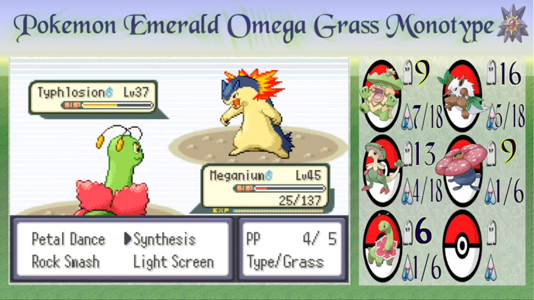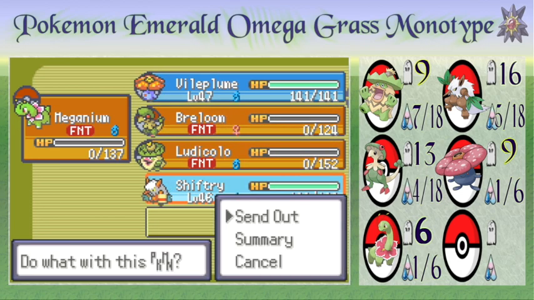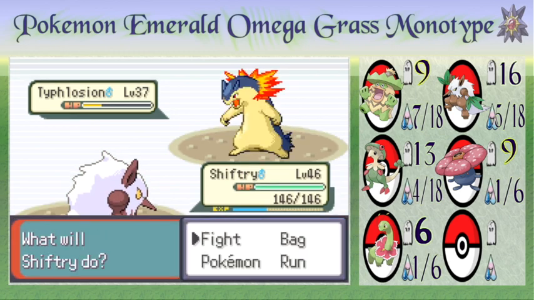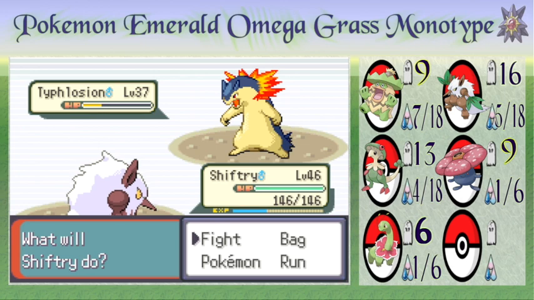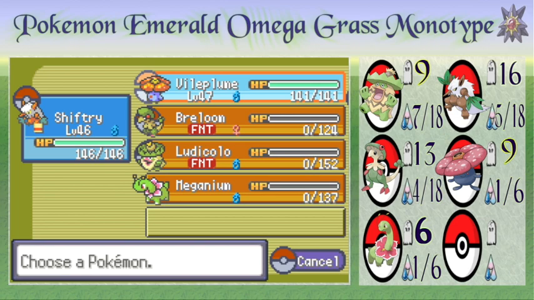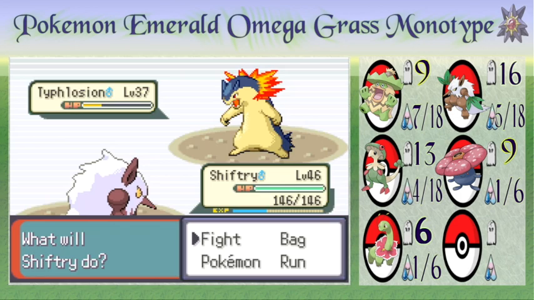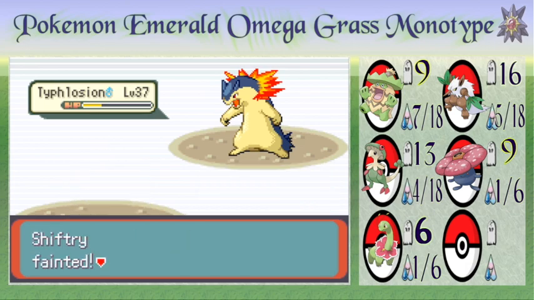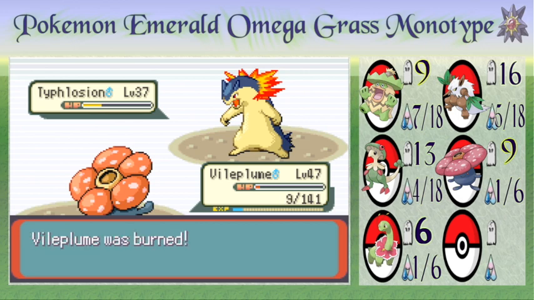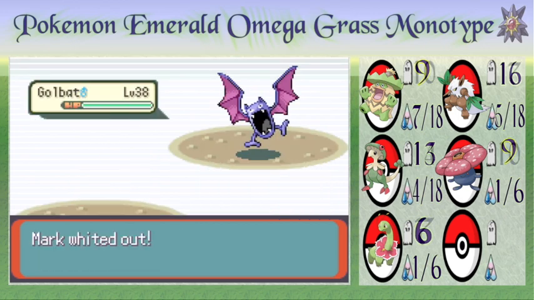Wrong timing. Balls. Okay, yeah. But because he set up Sunny Day, I'm pretty sure my Shiftry might still be faster than him. No. Okay, the Sun just faded, which means I definitely am not faster than him. I think this just sweeps now. I'll have to stay in and hope that I can live whatever hits he's got. Flamethrower doesn't kill me, but he has a Golbat, and I can't deal with Golbats, so we'll go